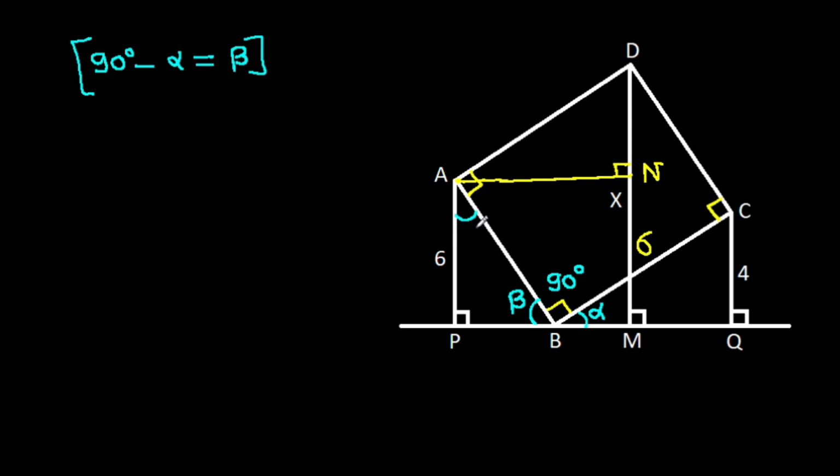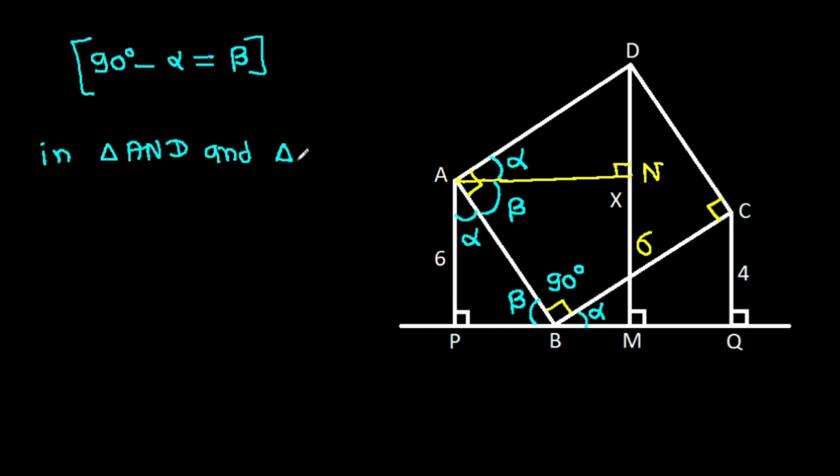Then this angle will be 90 degrees minus beta. That will be alpha. And this angle is 90 degrees minus alpha. That will be beta. And this angle will be 90 degrees minus beta. That will be alpha. So in triangle AND